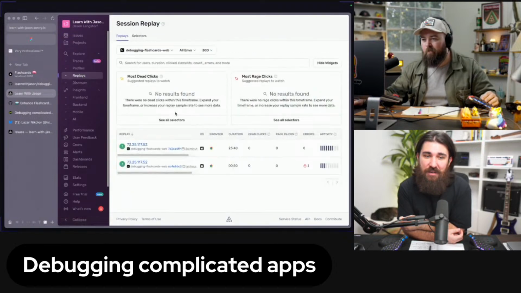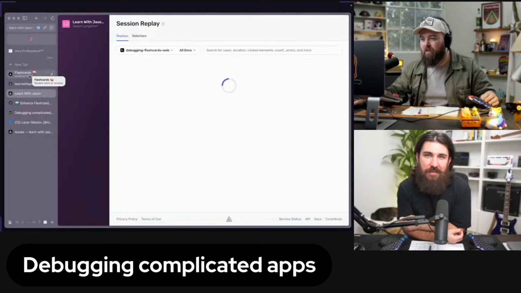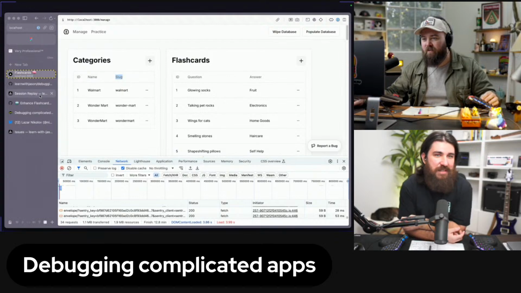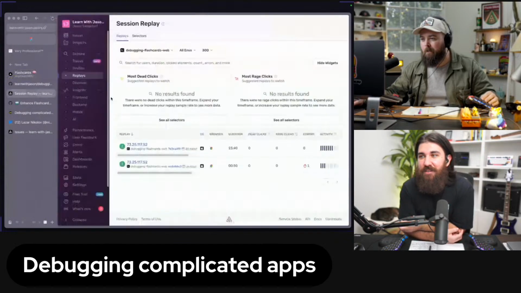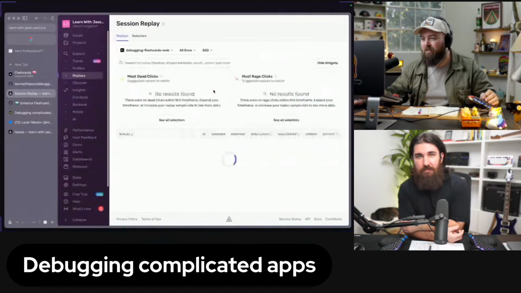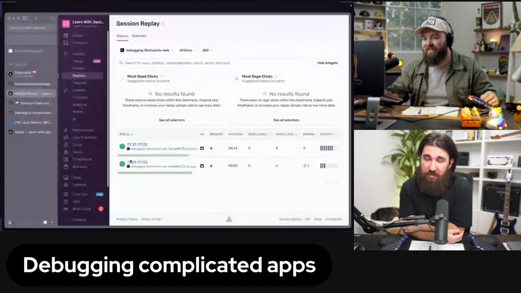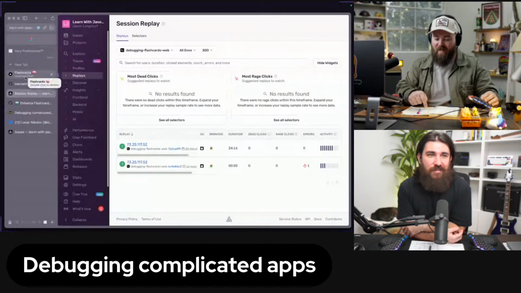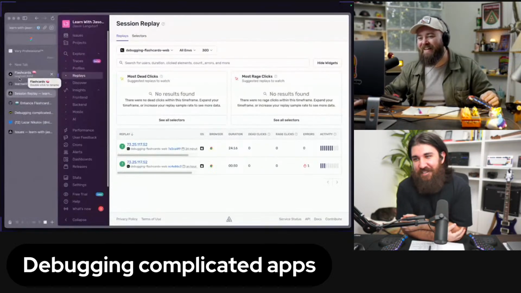So if a user clicked multiple times, there we go, rage clicks and dead clicks. I think there needs to be an element or something like that. Like I was clicking on nothing, so I don't have that in this demo, but I'm going to add it for next time. We can also give you rage clicks. You're going to get notified when people click on elements, I don't know, 7 times in 5 seconds. I don't know what the formula was, but there's that as well. You click it, you're like, what was that? And it's then not working. That's the rage click.